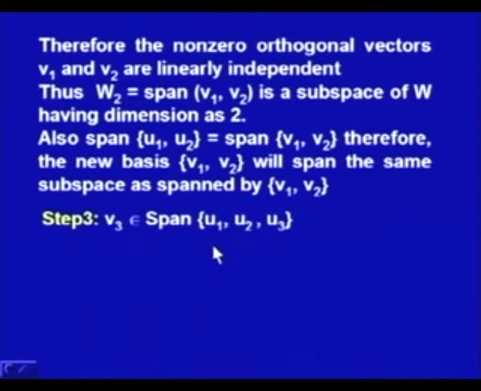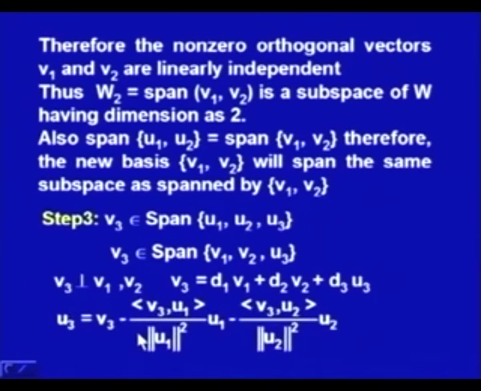So, we have got two vectors. Now, we try to extend this to 3 vectors. For this, a similar procedure is applied. We consider span of 3 vectors u1 u2 u3 from the given set S, and we consider v3 in this, and we apply the same philosophy that we applied in the earlier step. So, v3 belongs to span of v1 v2 u3, and we choose v3 in such a manner that it is perpendicular to v1 and v2.